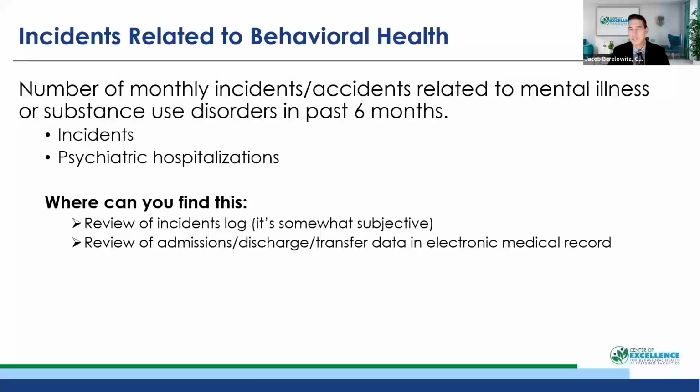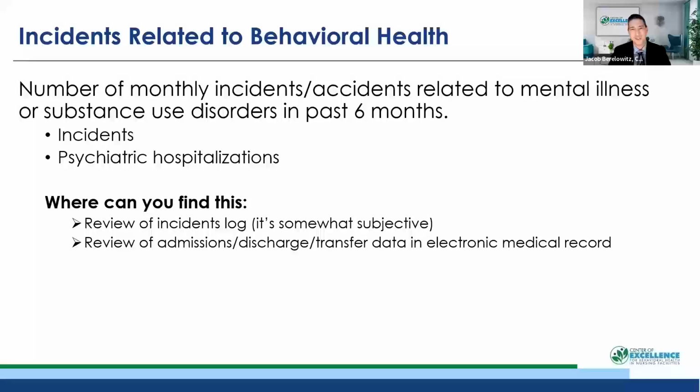But there are some examples that could be pretty straightforward, like, for example, a resident who goes out on pass and comes back heavily intoxicated and then has a fall and breaks their hip, right? So now you have an accident with a major injury, and it was pretty directly related to their substance disorder, where they have a problem with drinking too much alcohol, to the point where they've actually had a fall and hurt themselves very badly. That would be a pretty straightforward example.